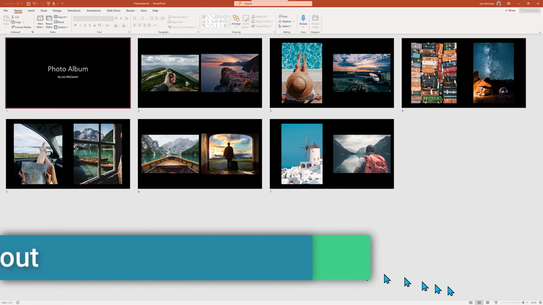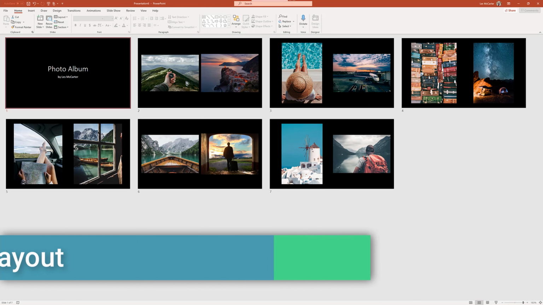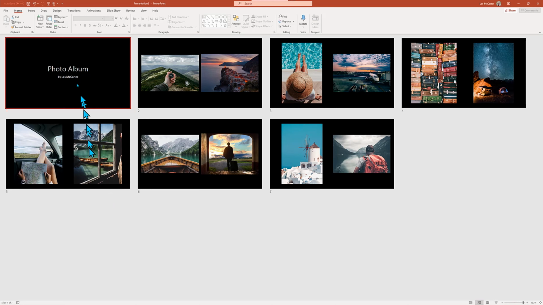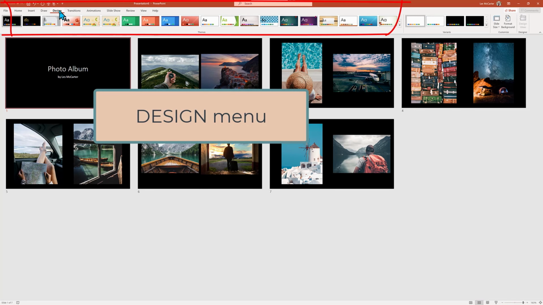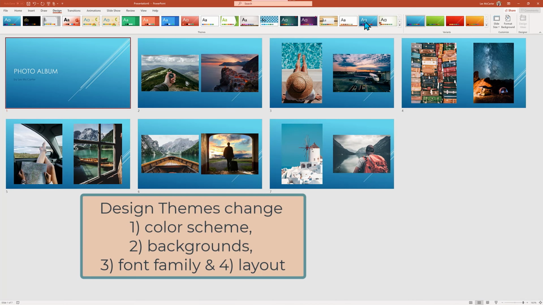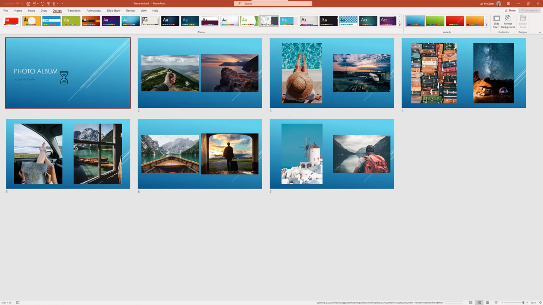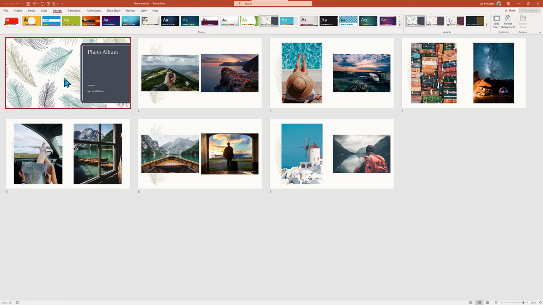By default, we have a black background, which helps make the photos stand out. But they may not fit your mood. So let's go to the Design menu on the ribbon. We'll pick an existing PowerPoint theme that will change the color scheme, the background images, and the font choices. Here's a blue theme. Once clicked, the overall look is transformed, including the layout of the title page and some background embellishments. Or, if I do the drop-down list, I see even more choices. Let's try out the feather theme for our travel photos. Pretty slick looking.